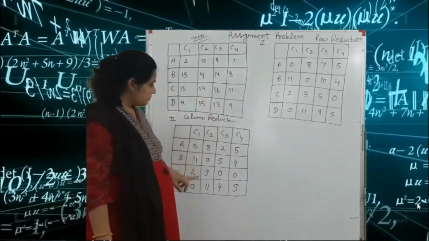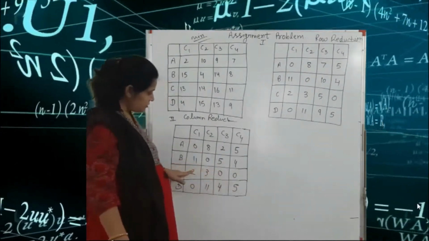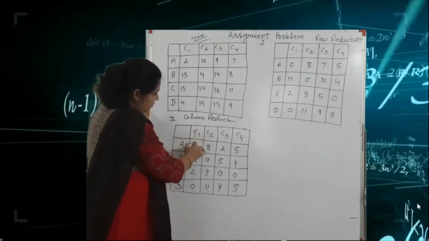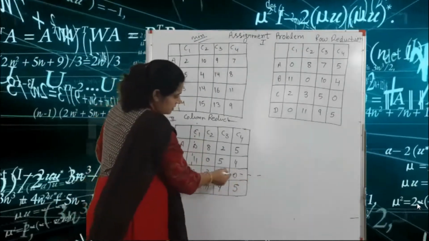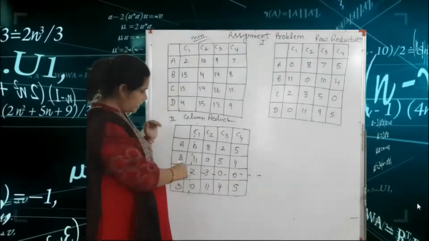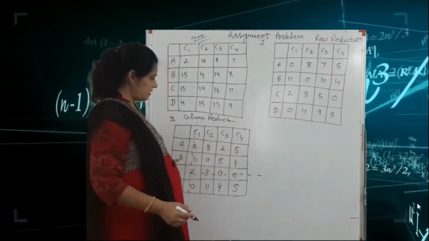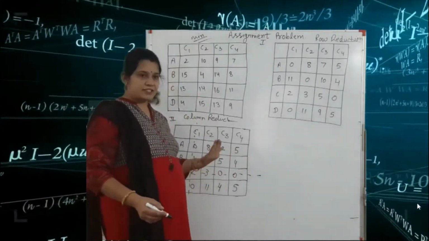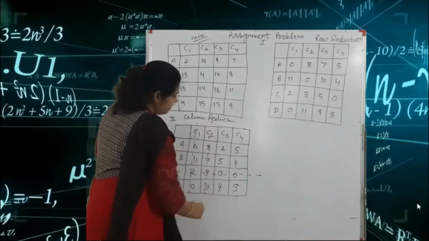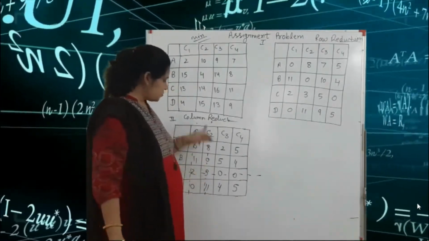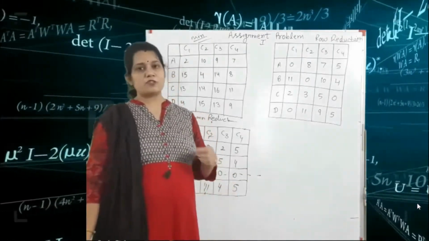So here this column has two zeros, this row also has two zeros. So first we draw this column, we draw this row. Okay, and for this remaining zero, we use our horizontal line or vertical line as you wish. So we draw a vertical line here. That means two vertical lines and one horizontal line. Okay, so that is a total of three lines.